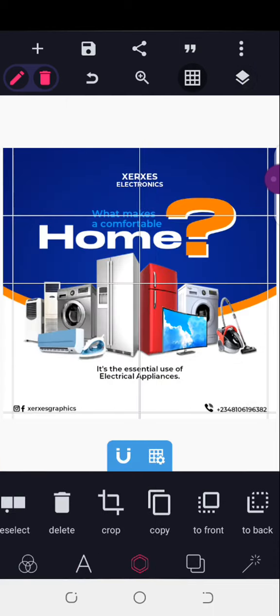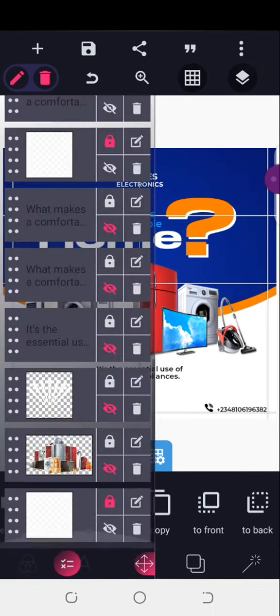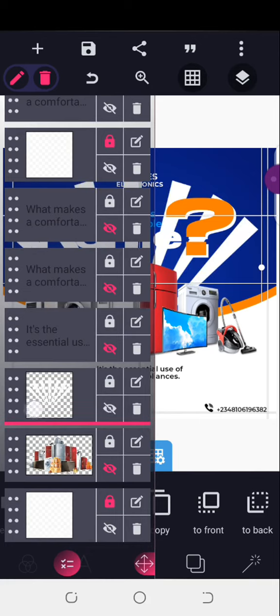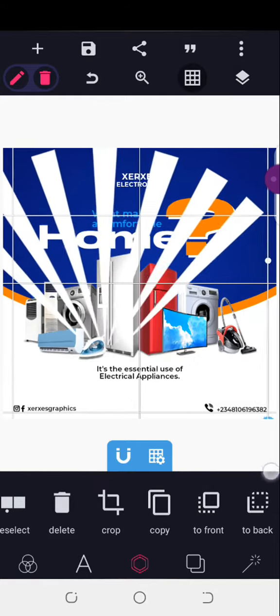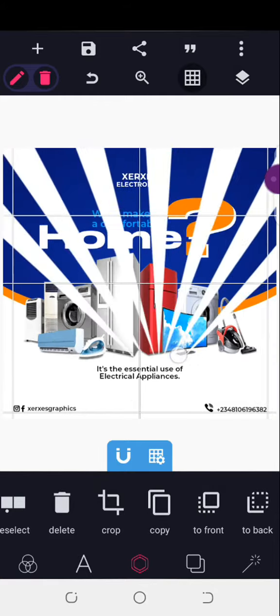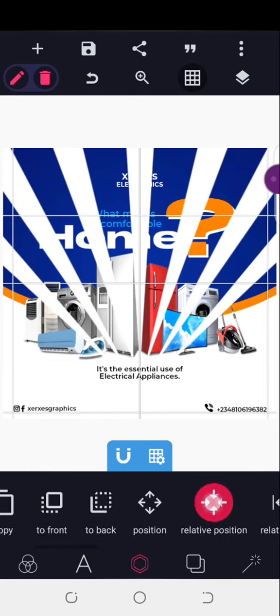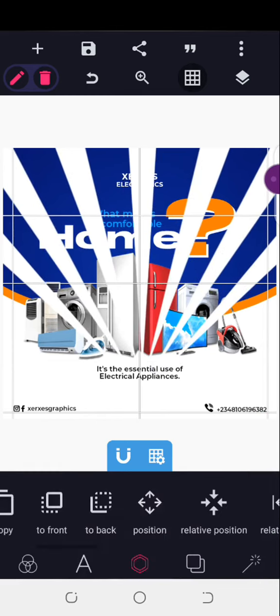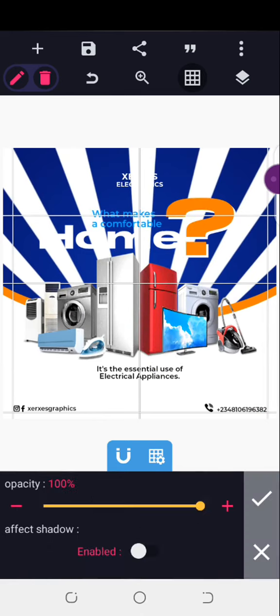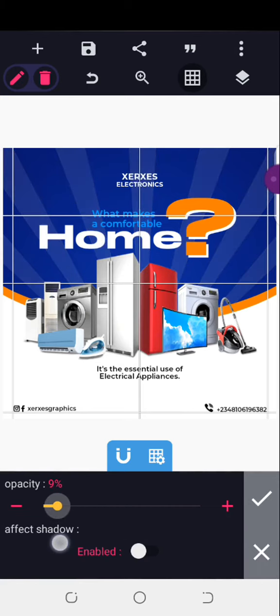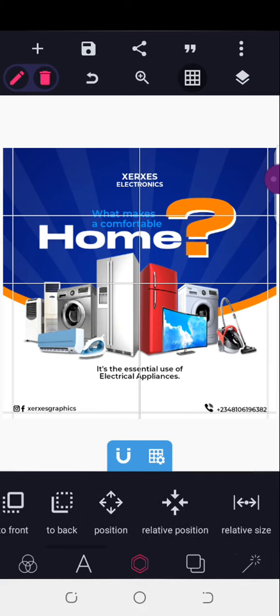Okay, so this is what we're having. So there's this particular element I have not added now. This one. So this is it. I will just increase the size, increase it. Alright, so make sure it's at the center. Then I'll be sending it to the back of my design. Also be reducing the opacity to about 10. Okay, we can make of this. Or I can as well reduce the